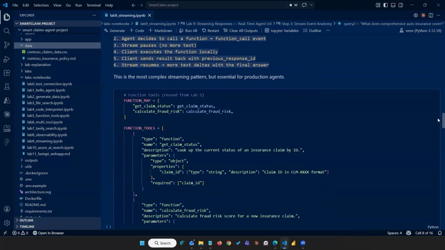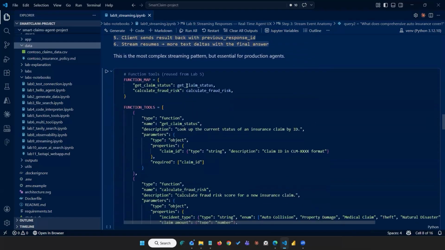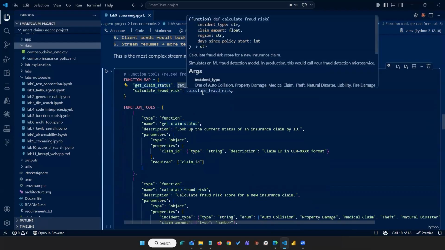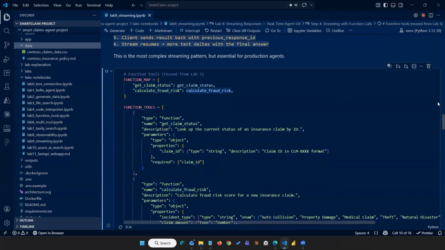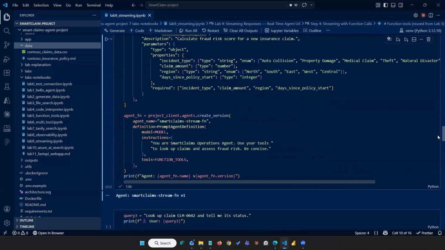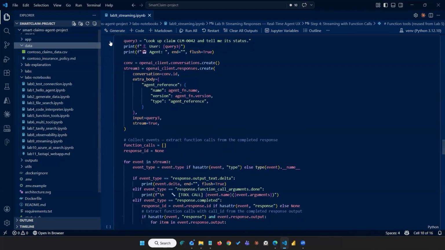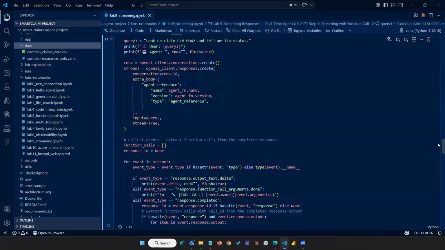Apart from that, if you want to stream with function calls, we have defined those function calls, right? If you remember, I told you we have those function calls. And this is where we are saying to use the function call that is there in that file, get claim status, and use that. Again, I told you that you can use code interpreter also. That's absolutely fine. And now if I ask a question, this is again for our understanding of streaming the information